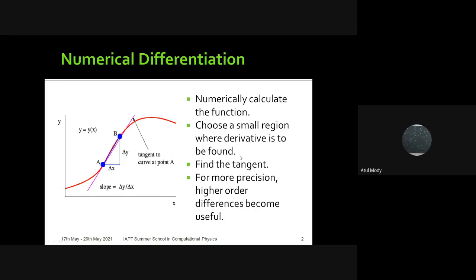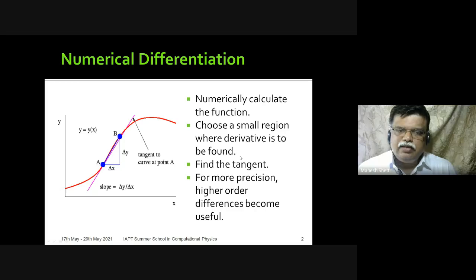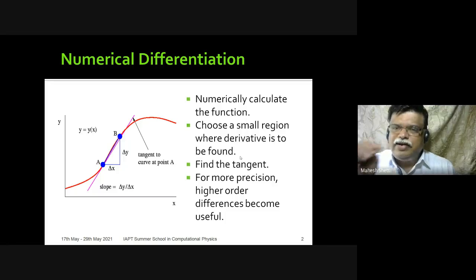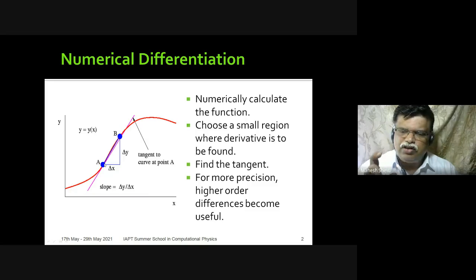Don't worry. So suppose you have got a function, and you want to find its derivative at a particular point. For visual understanding you may plot the entire function, but if I'm interested in the derivative at one particular point, I may take a small range. Within that range the function is not going to be a straight line, but if you go for smaller and smaller ranges, then any nicely behaving function can be approximated